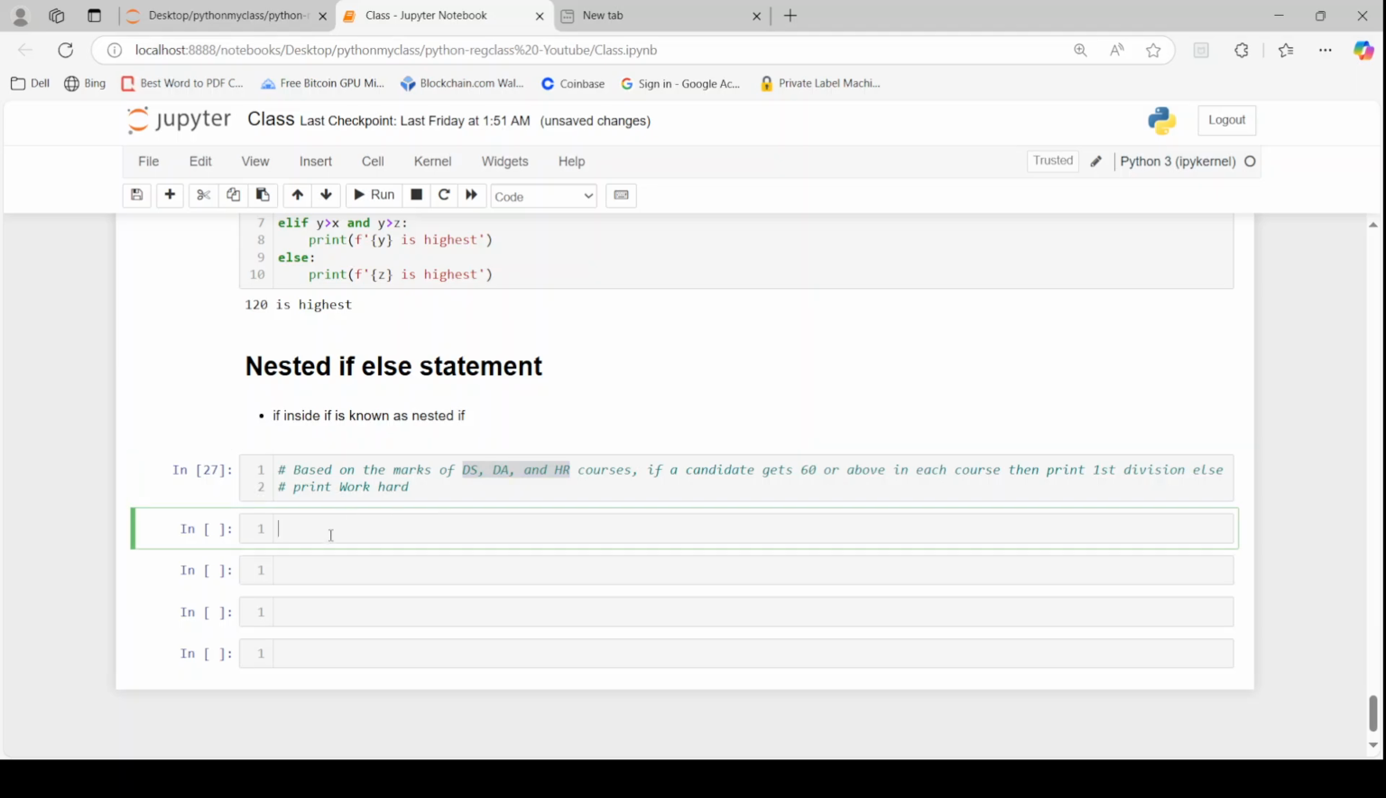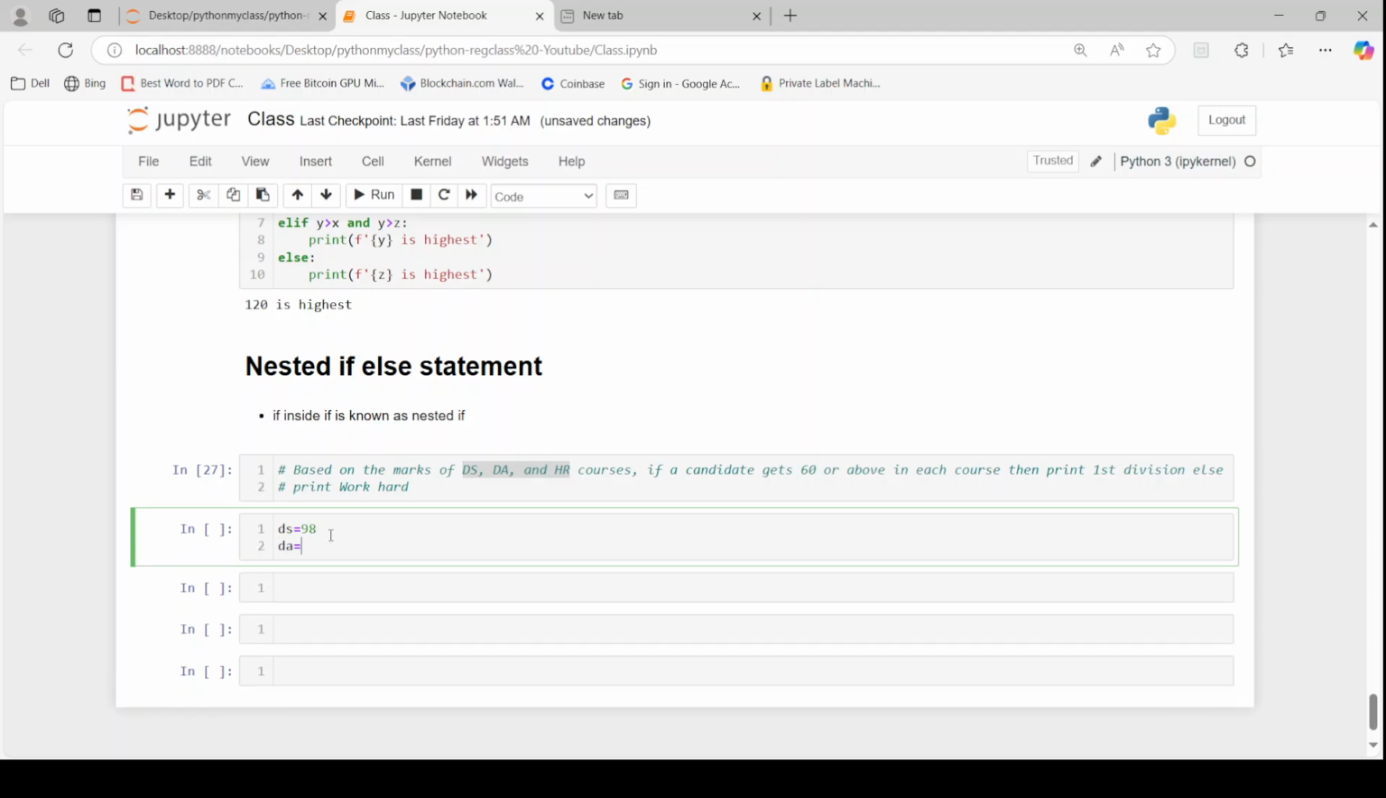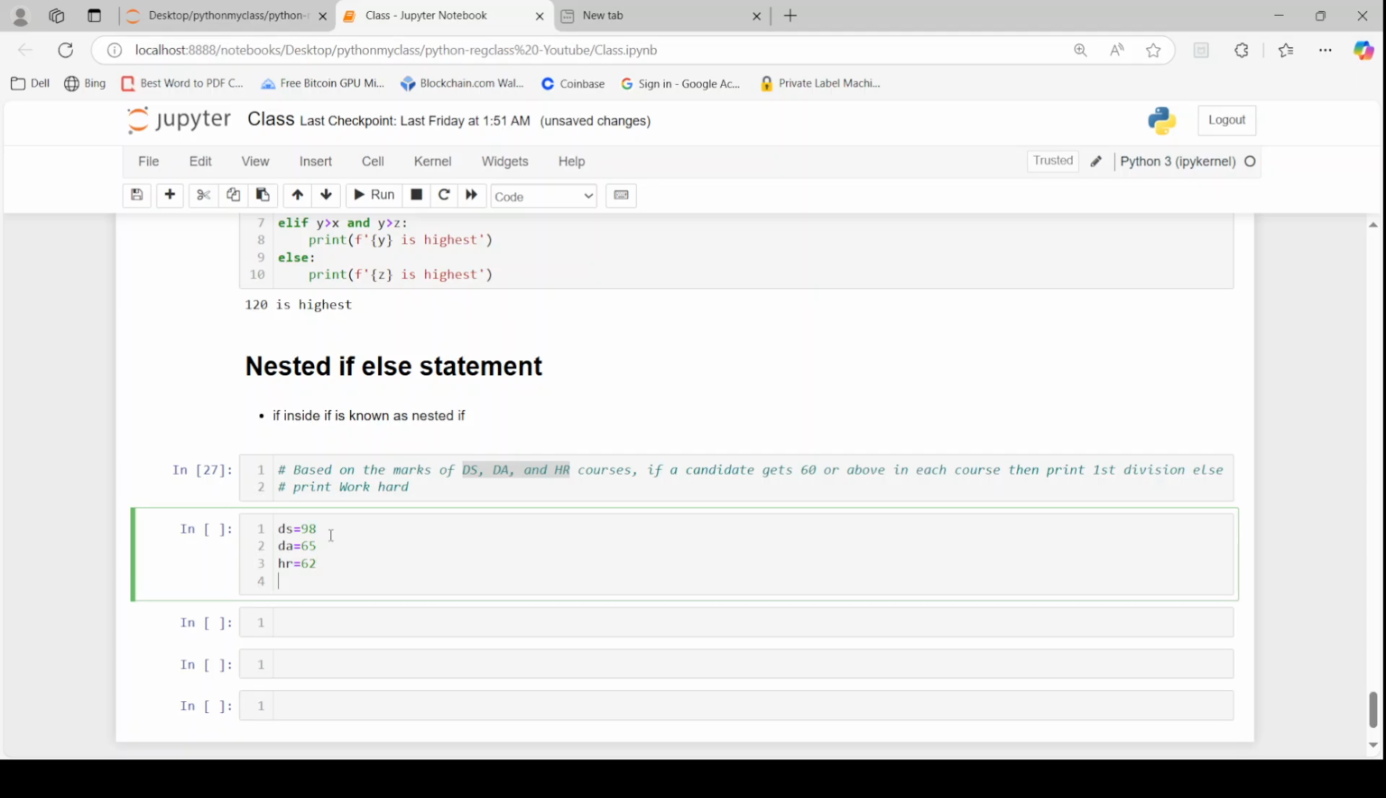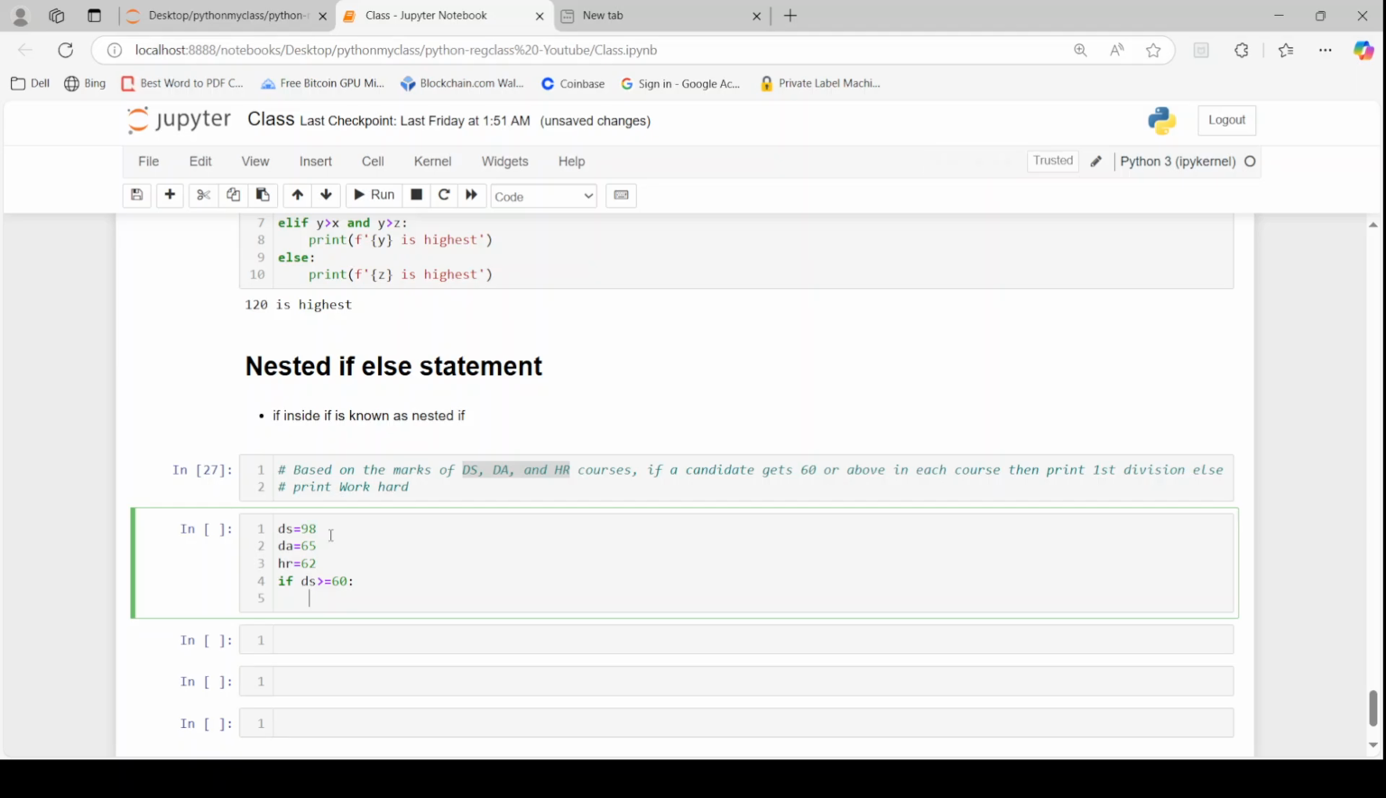So let us try here. DS is equal to, say I give here 98, DA I give here 65, and HR is equal to, suppose, 62. Okay, so how to do it? If DS is greater than or equal to 60. So if DS, that is data science, is greater than or equal to 60, that is, the condition is satisfied, then go inside and you can write print